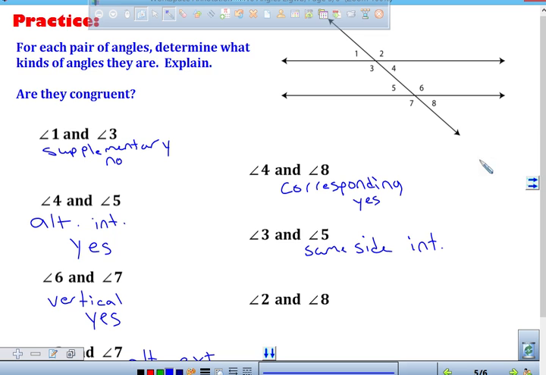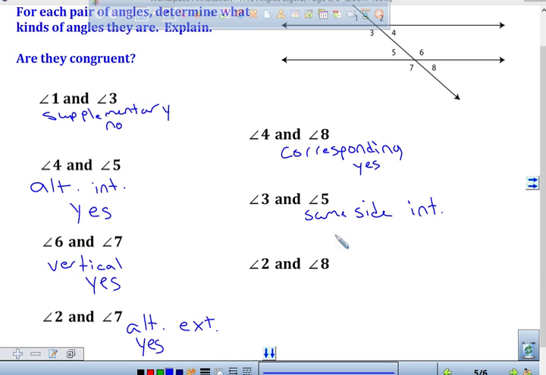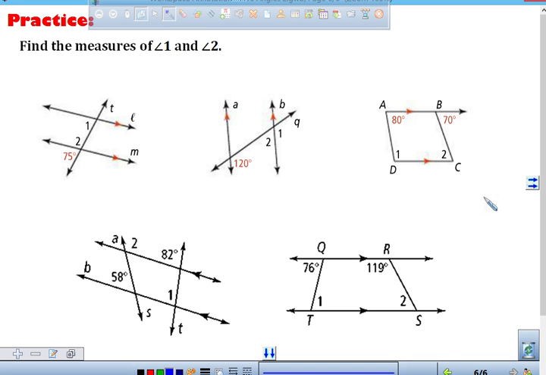Okay, and 2 and 8. 3 and 5. Are 3 and 5 congruent? No, they're not. And then yes, these are same side exterior. And are they congruent? They're not. Okay. Questions? Last thing, we're going to practice finding some degree measures, and this is what you're going to do